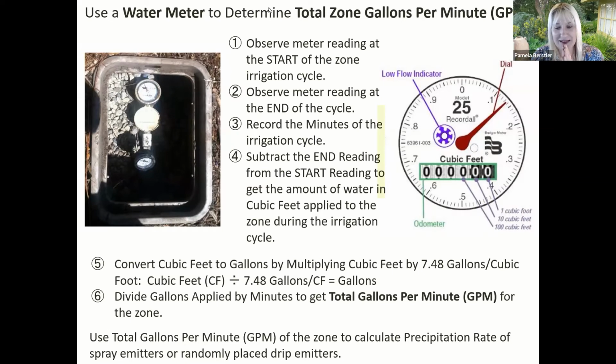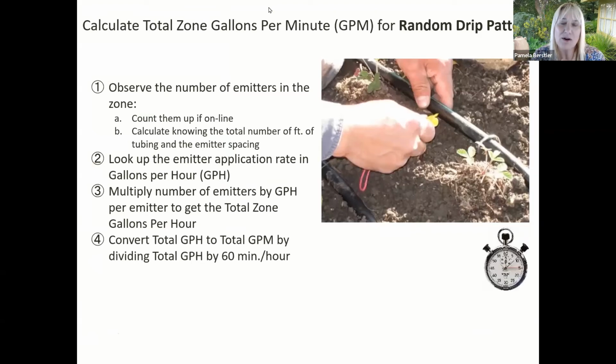That is the only challenge: remembering to divide by 7.48. Okay, and now if you wanted to calculate your gallons per minute for a random drip pattern, you have a